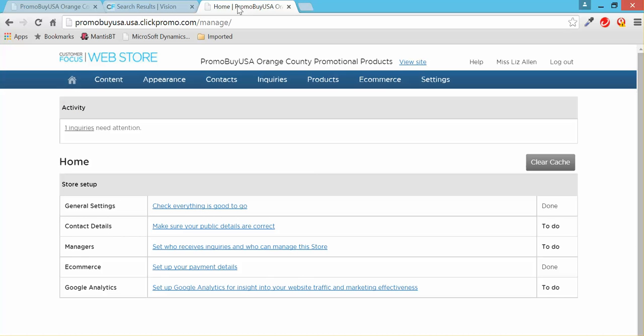Hi, I'm going to show you how to add product attributes to a product on your customer focused web store. Product attributes are useful for asking additional questions of your customers, things like what logo would they prefer, whether they would like something gift wrapped, basically anything that's not covered in the normal process of questioning as they go to